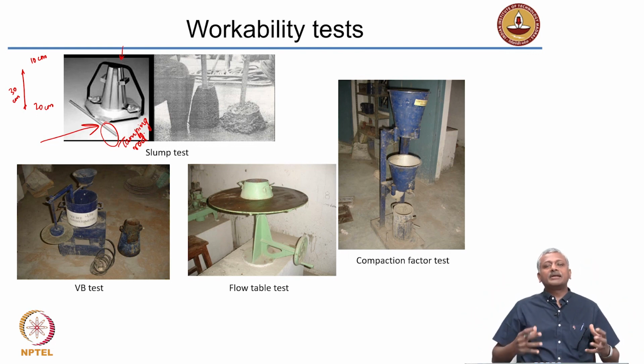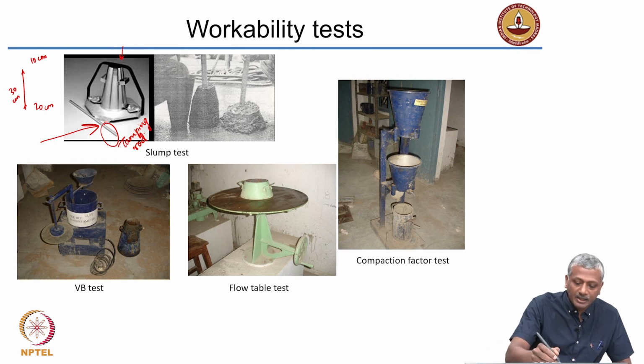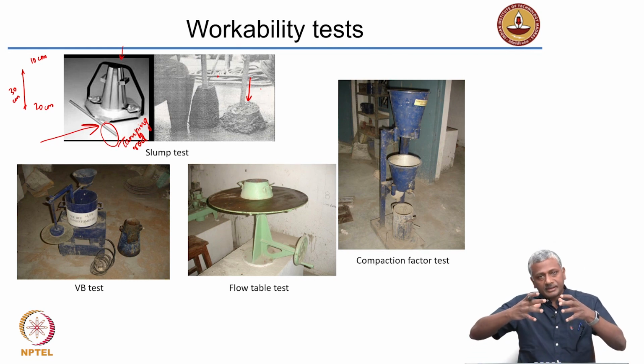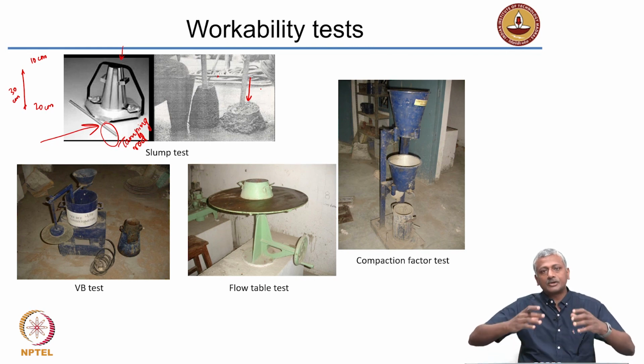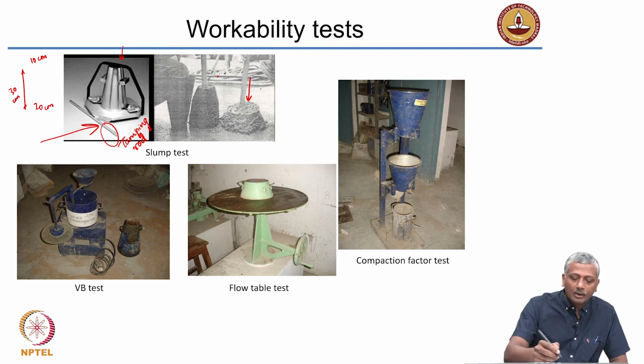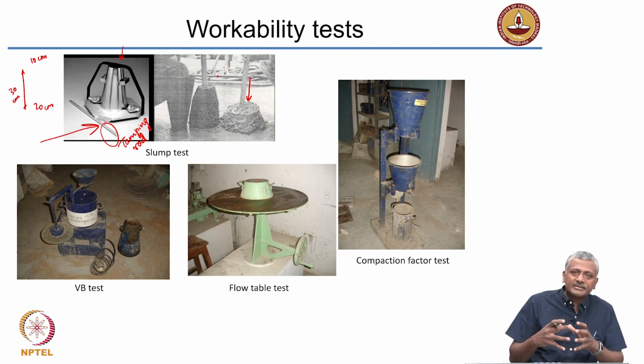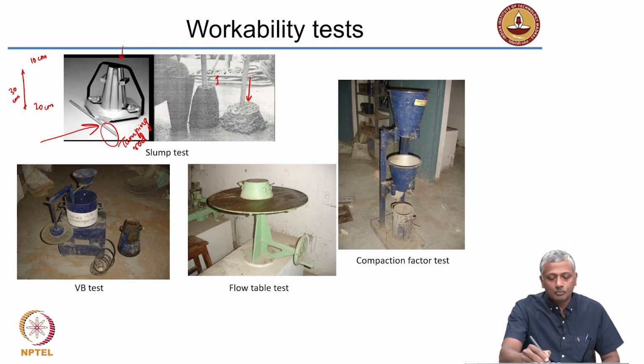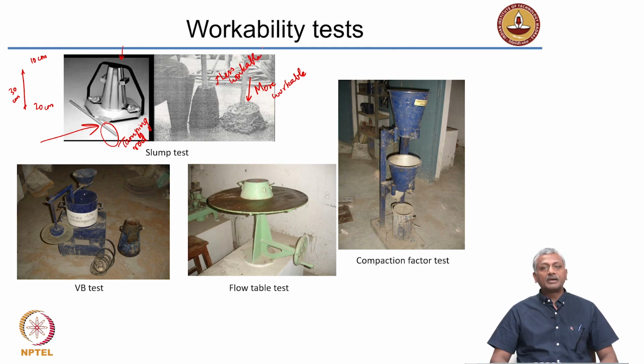What will happen is the concrete that is nicely workable and flowable will start slumping down like this. That means because of its self weight, it starts settling. Okay, that settling is called the slump. A concrete mix that is a lot more cohesive and less flowable will slump less. Okay, this is more workable, this is less workable, right. So, you have a workability test like the slump test which defines the workability or consistency of the concrete mixture.